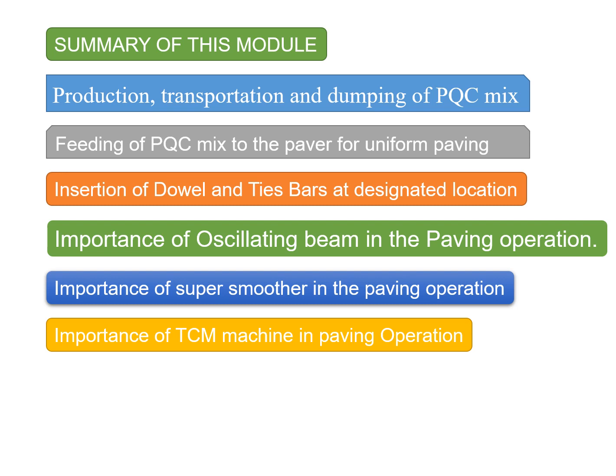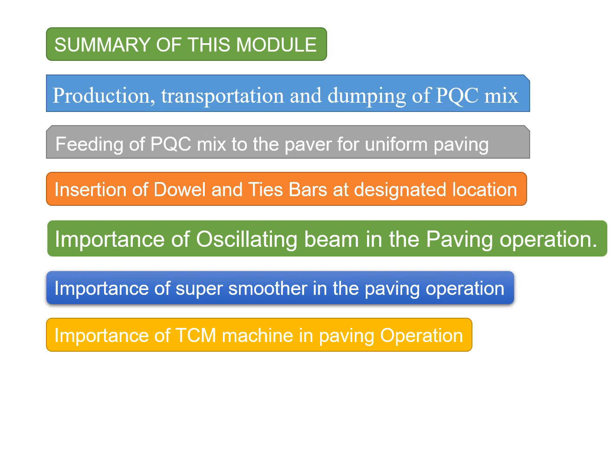Similarly, insertions of dowel bars and tie bars at the designated locations need to be fed in the paver, and then make sure that the dowel and the tie bars are being inserted at the designated locations. Then the marking has to be done wherever the dowel bar insertion is being done, so that in the next morning when you come, you can cut the initial joint just on top of the dowel bars. Anyway, we will be discussing these further in detail when we talk about the joint cutting of PQCs.